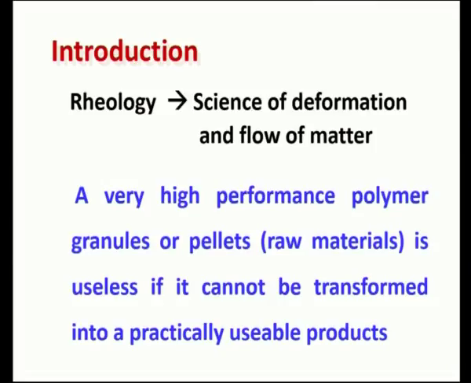In polymers, when you heat a conventional material, it straight away undergoes a phase transformation, for example from solid to liquid, whereas a polymer never becomes a liquid unless you heat it to a very high temperature of some 1000 degrees Celsius or so. So in the process, it tries to deform.